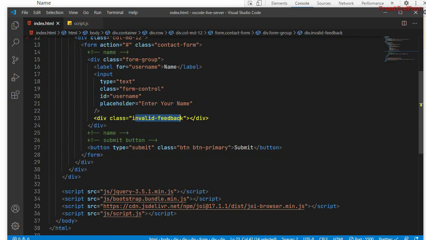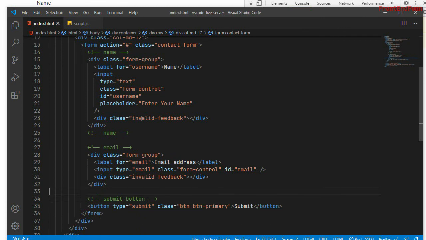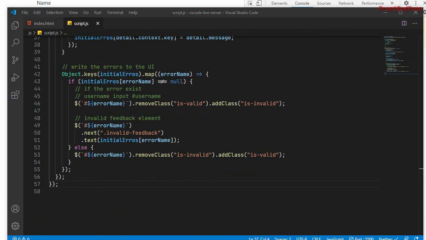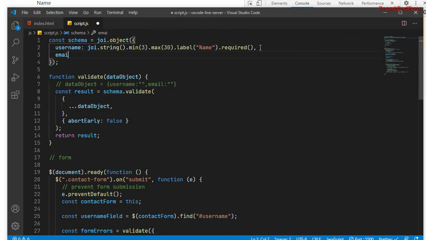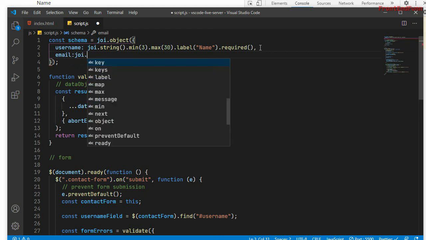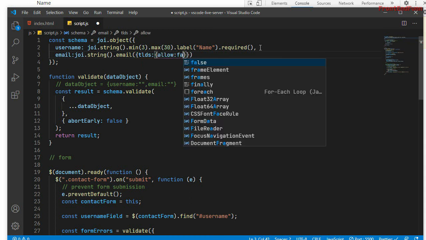So let's try adding the email field similarly. I'll just copy the email field from here, so this will be an email field. Inside the script, all we need to do is add the schema for the email. So email will be joi.string. That should be a string, and that should be an email, and tlds allow false.